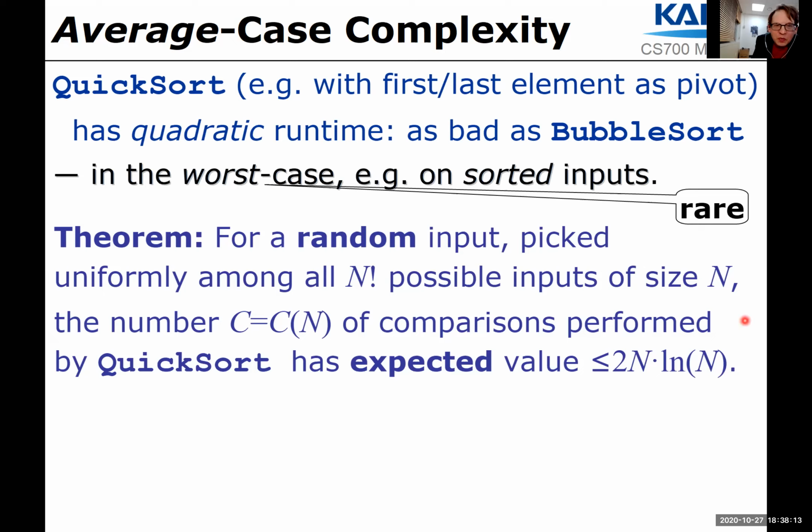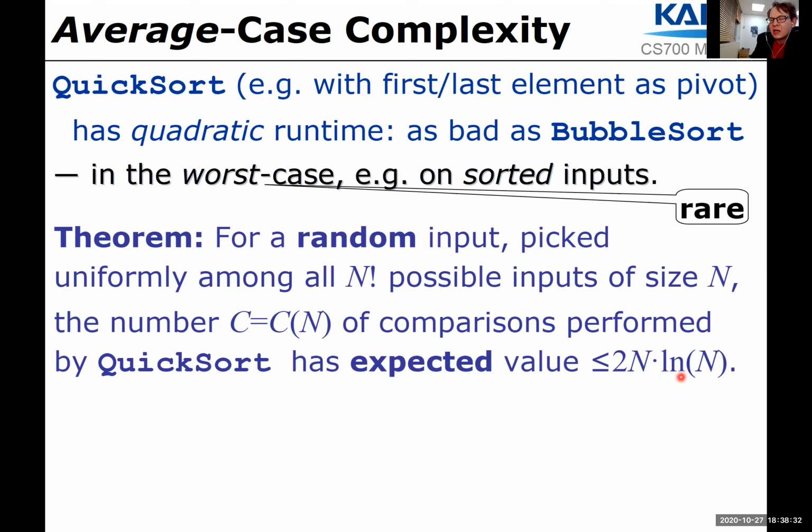I won't prove this theorem, but quoting this here, because it's a formalization of the intuition and experimental evidence that on average, quicksort is pretty quick, has this